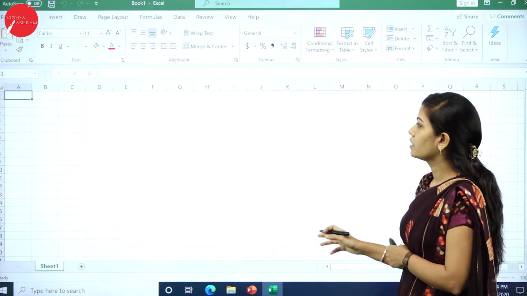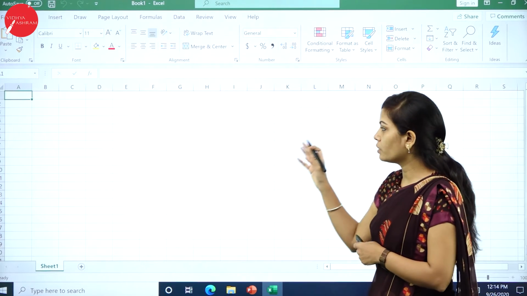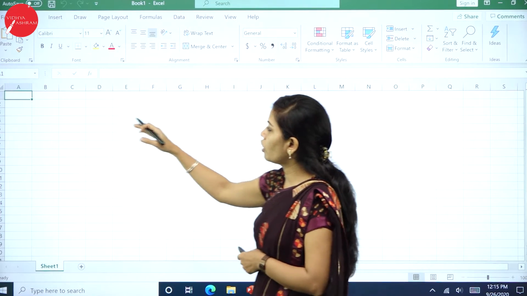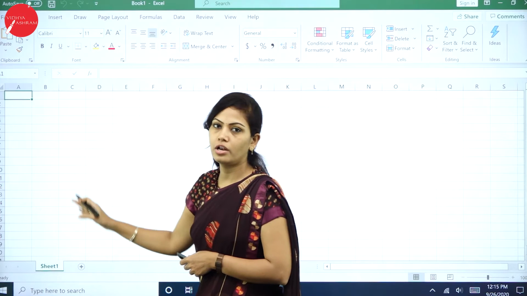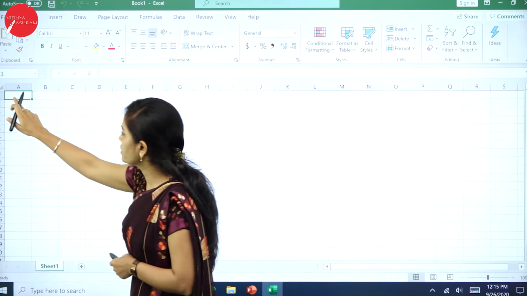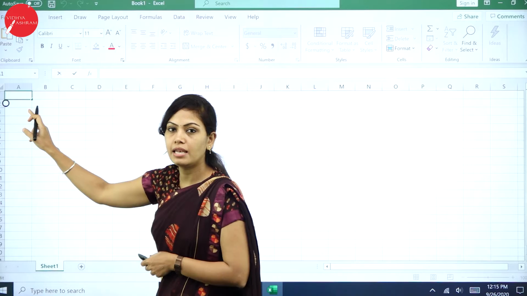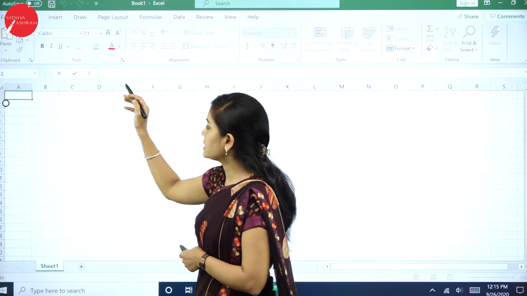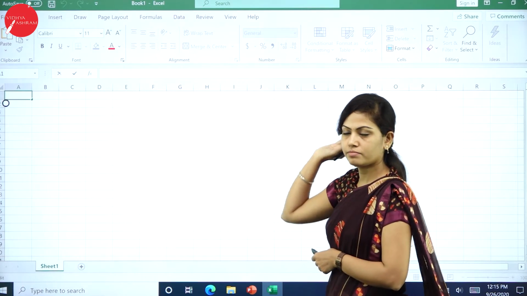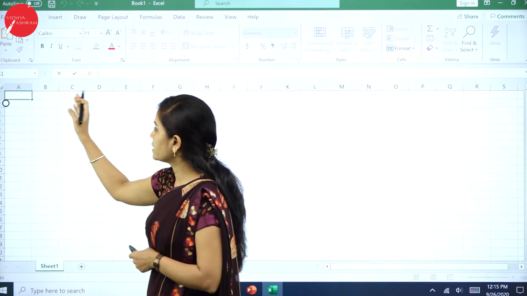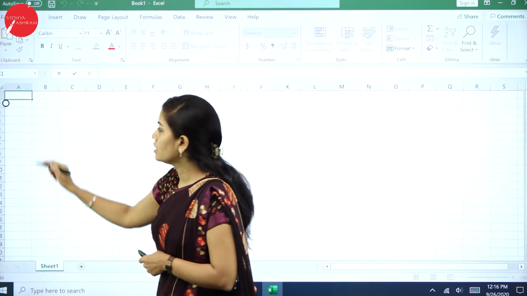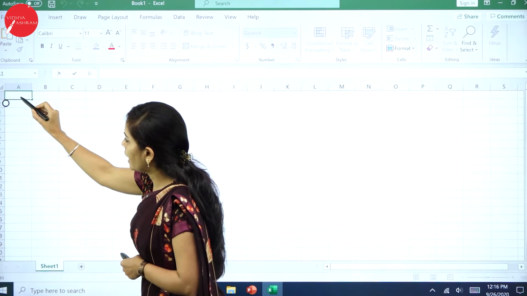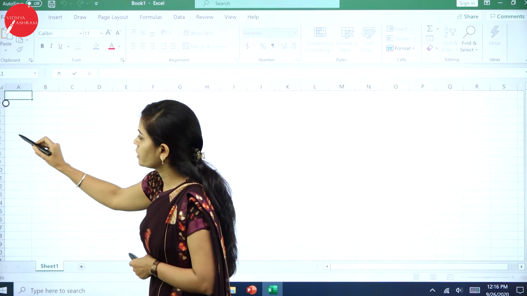So this is your page layout. So this is your Excel page. The Excel sheet consists of a number of rows and columns. Here you can observe this portion is called a cell and it has a cell address. These columns are labeled A, B, C, D, E, F, G, H, I, J, K, L, M, N. So these columns are labeled in letters and rows are labeled in numbers, right? So this cell has one cell address, that is A1, A2, A3, A4, A5, A6.